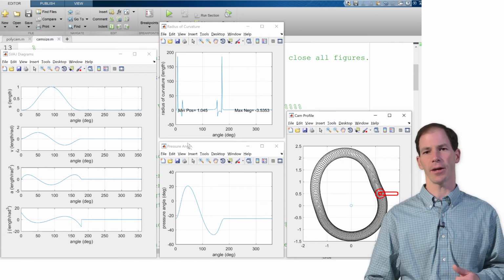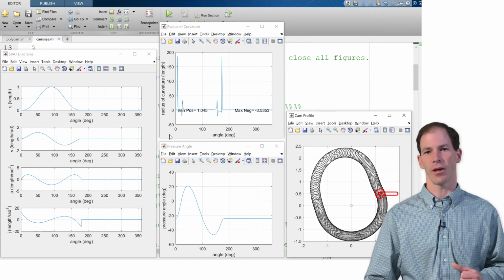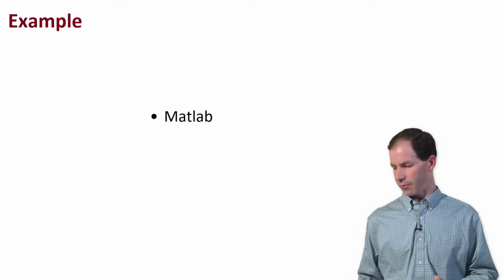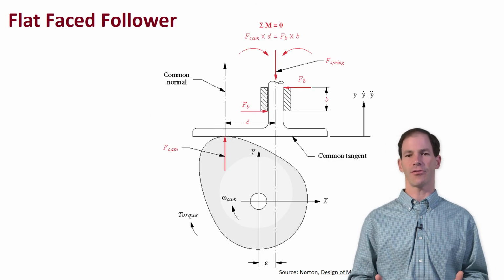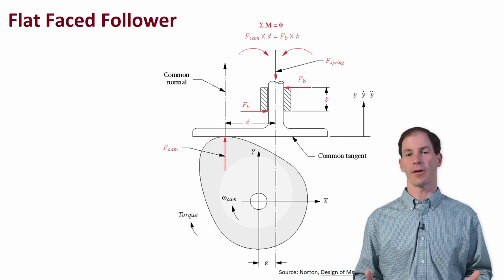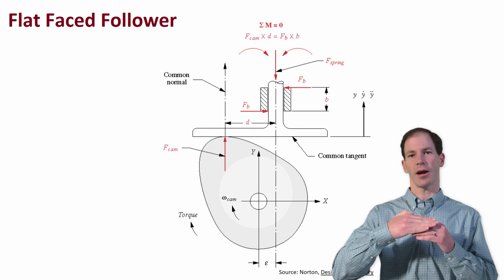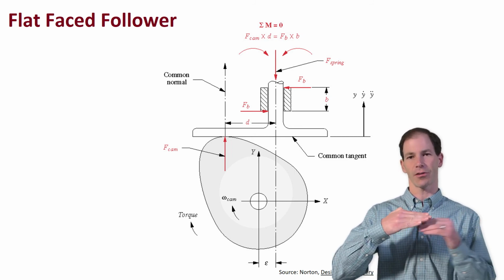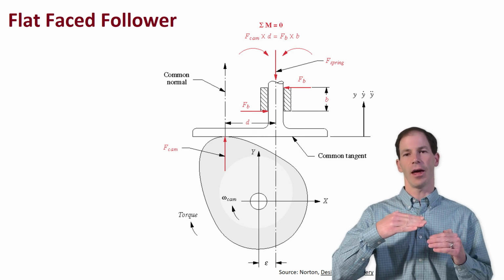All right, so let me jump back now to the PowerPoint slides, and we can talk about what happens when we go to a flat follower instead of a roller follower. So now let's take a look at that flat follower. So a flat face follower is looking something like this, where I simply have a surface that is contacting the cam, and you'll notice that the location where it's contacting will actually slide side to side as I move through